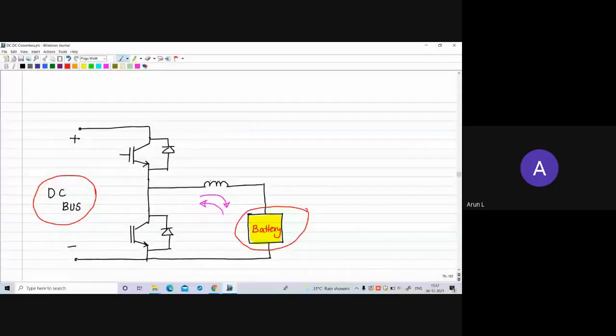Previously, I had a resistive load here in series with an inductance. Now, I have replaced this resistive load by a battery. And by the nature of this power electronic circuit, it can have bidirectional current carrying capability on the load side, and we require that for a battery. The battery can either charge, with current flowing in this direction, or it can discharge, with current flowing in this direction. So to interface a battery to a DC microgrid, this half bridge converter can be used.